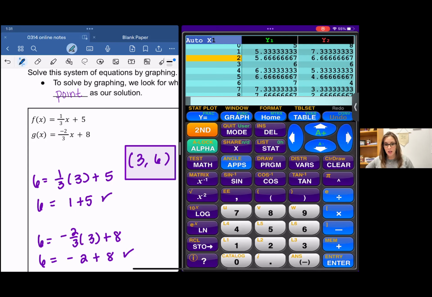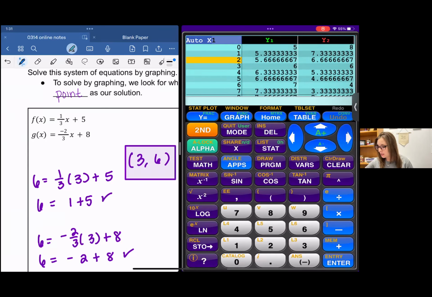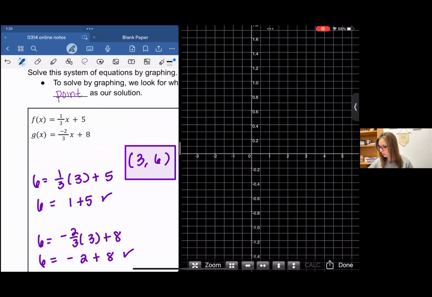So in the table, you can see at 0, one line is 5, one line is 8. At 1, one line is 5.3, one is 7.3, and so on. But at 3, you can see that the y values are the same. They both have 6 in common. And so that's just what we're trying to find. And we found it when we graphed